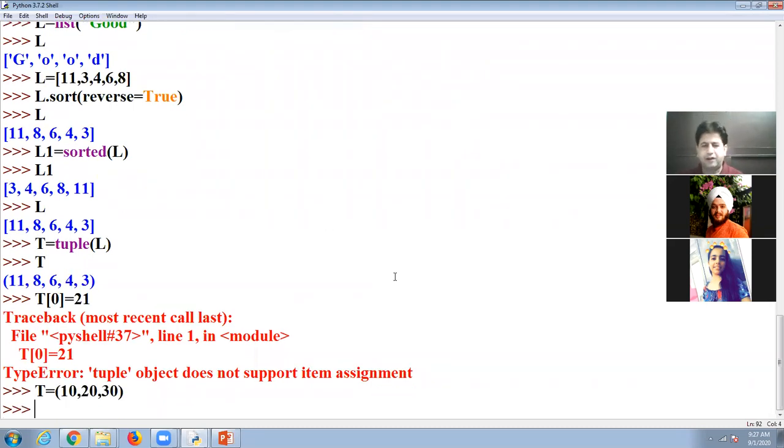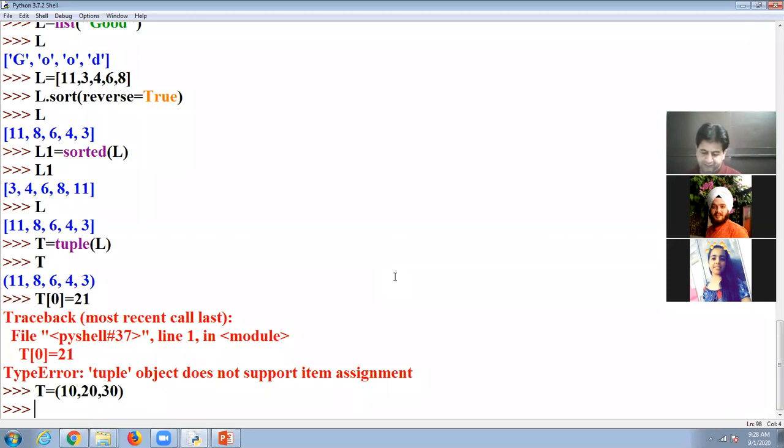Suppose I want 100 in place of 10, 200 in place of 20, and in place of 30, I want to take 300. It means I am going to change the values of different elements in the tuple. So how is it possible? Because directly it is not possible, but indirectly this is possible.